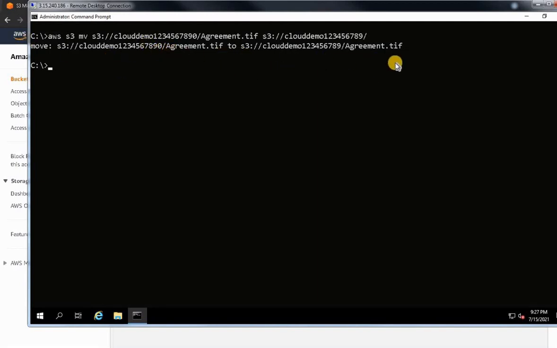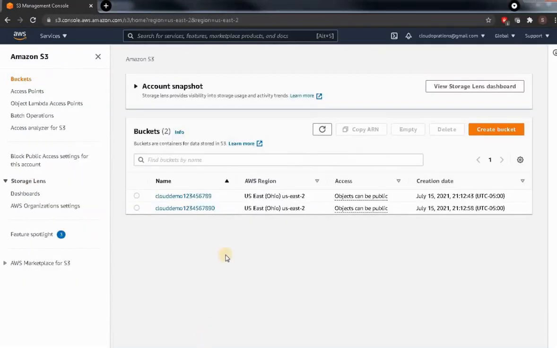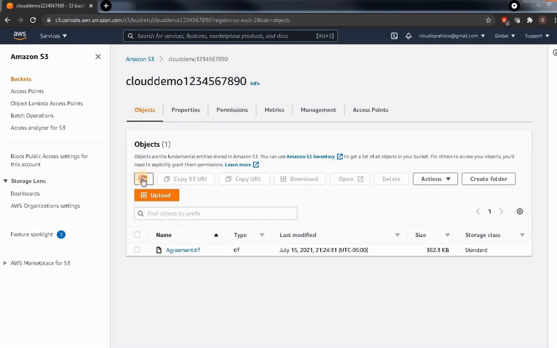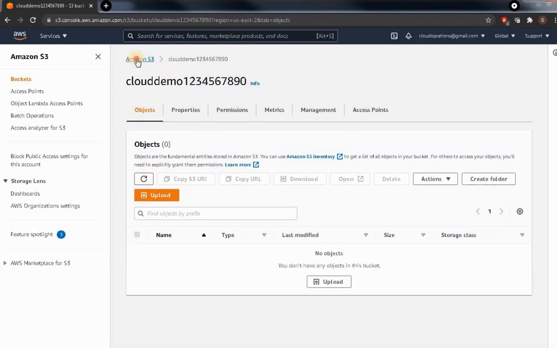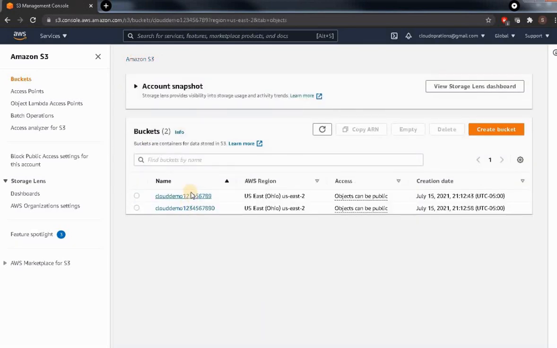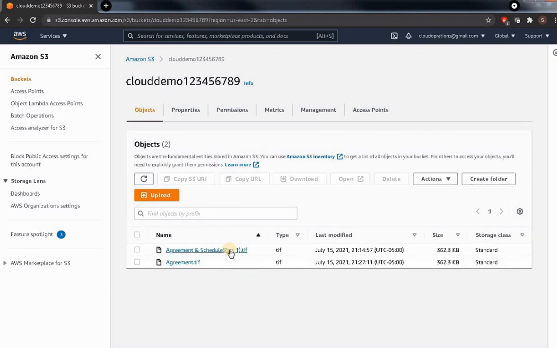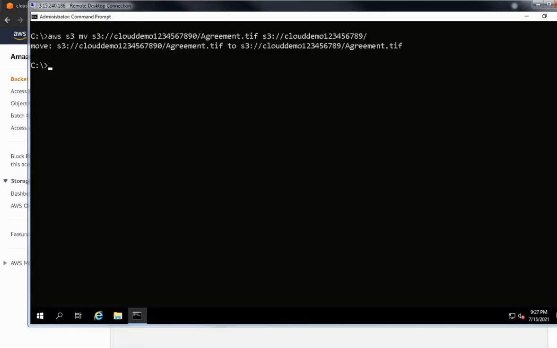Okay, so now let me do one thing. Let me copy from here. Okay, let's see, yeah, it's copied. Now let me do one thing. Instead of move, let me try to copy. Okay, now it is move. Let's revert back first and then do it. So I have reverted back.